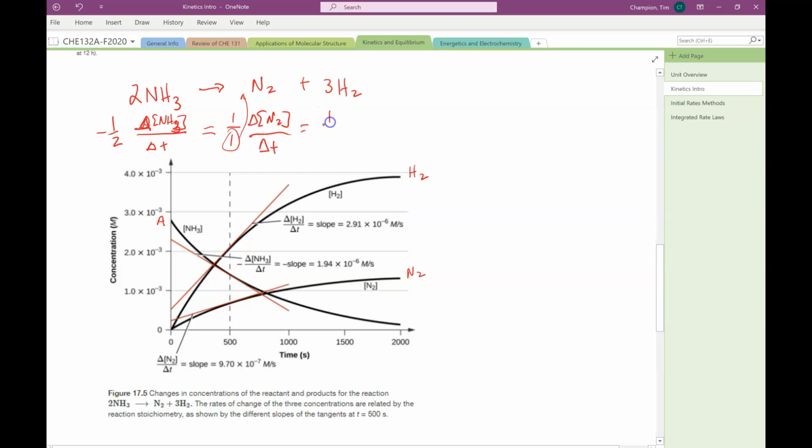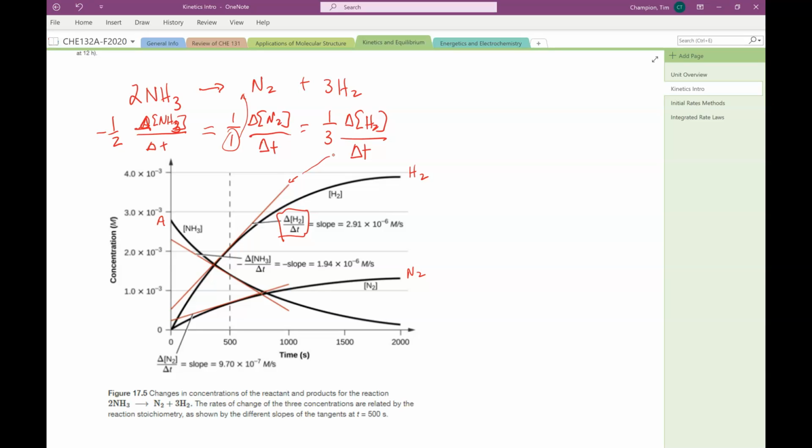And then the hydrogen is going to be 1 over 3 delta H2 delta T, where the red line right here, for example, is the delta H2 delta T. That's that at one particular point. And if you try these out,